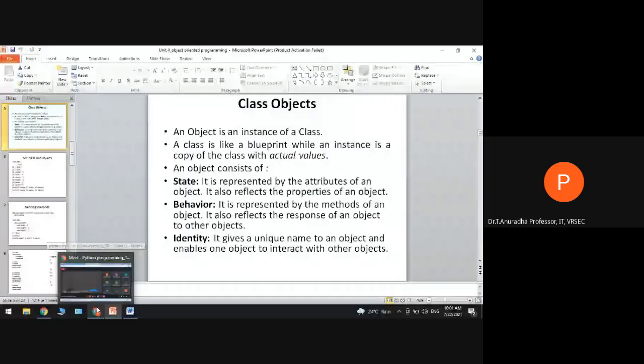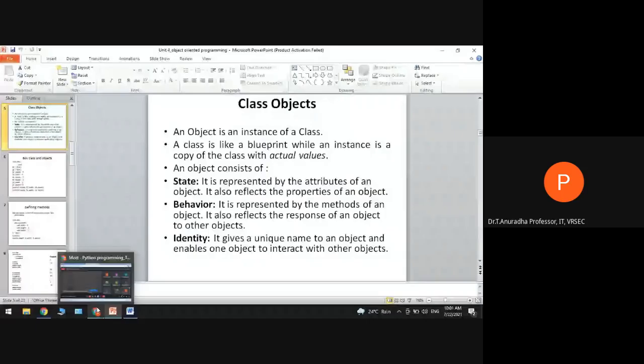Okay. So an object consists of state, behavior, and identity. A state is nothing but the properties of the object, all the attributes that we can represent with the state of the object. Behavior means whatever methods we write in the class represent the behavior of the object. This reflects the response of an object to other objects.